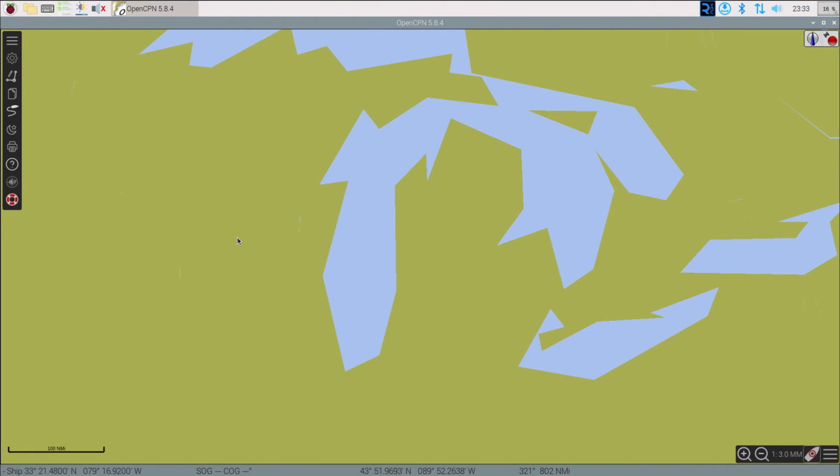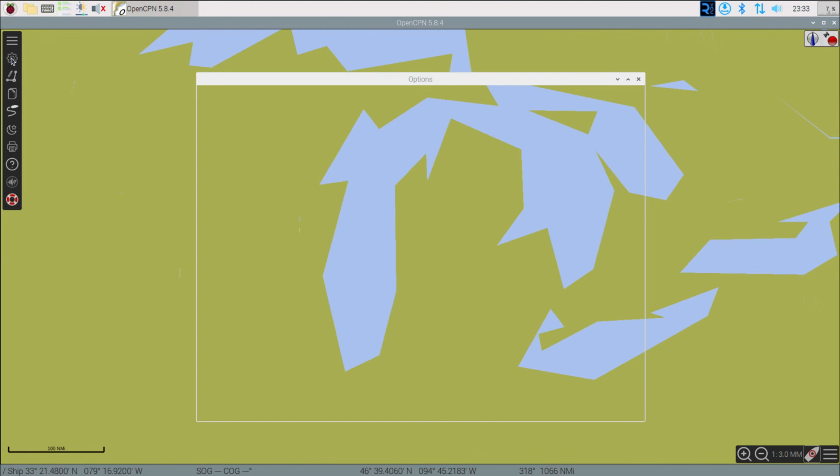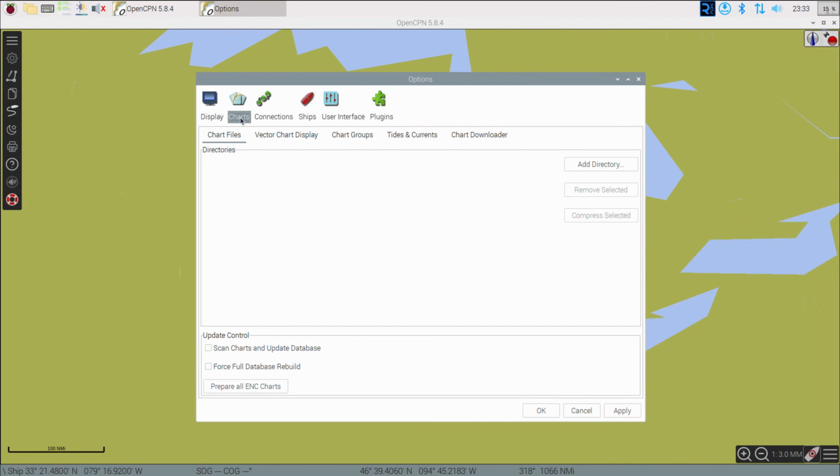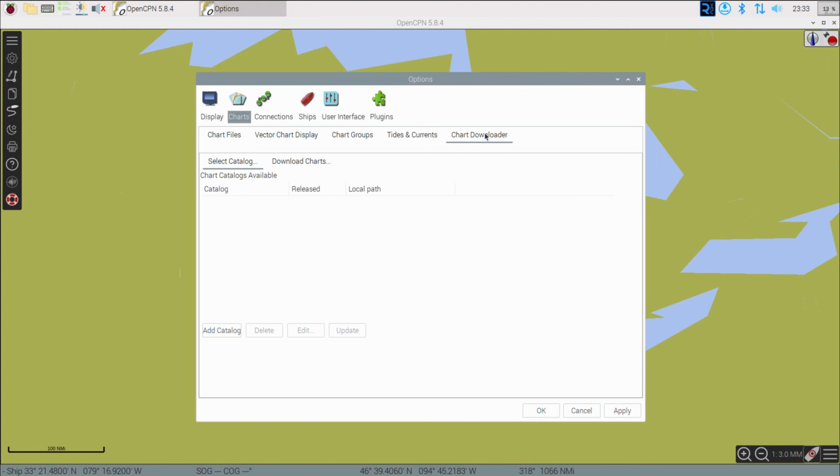I've been in here before, so I moved it, and here you can sort of see the Great Lakes, right? So you can see Lake Michigan, Lake Huron, Erie, and Ontario, and Superior here. Now, as you can see, they're not very well detailed. So the first thing we're going to do is change that. So we're going to go to the settings or options icon here, and we're going to click it, and we're going to get this area here, and we're going to go to charts. When we get to charts, we're going to scroll across to chart downloader,